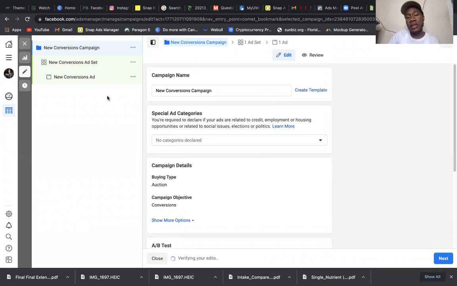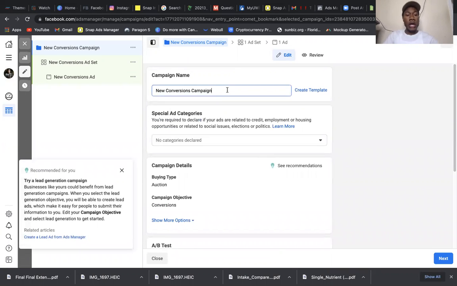So essentially, with your campaign, you would name your campaign. Your campaign is going to be whatever you want it to be. Name it something that fits whatever ads you're running with that specific campaign. Your campaign can hold a ton of ads. Really, what you want to focus on with Facebook ads is your ad sets. Your ad sets are going to hold multiple different ads.